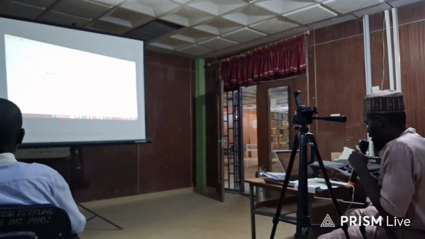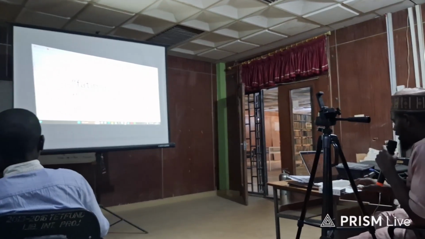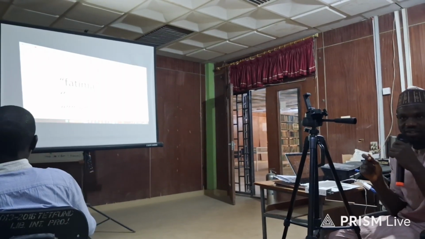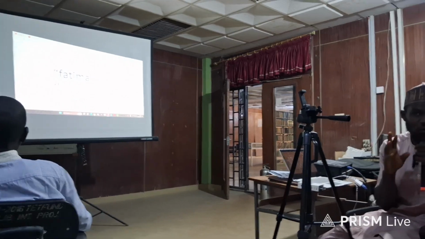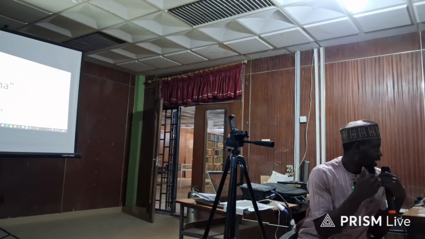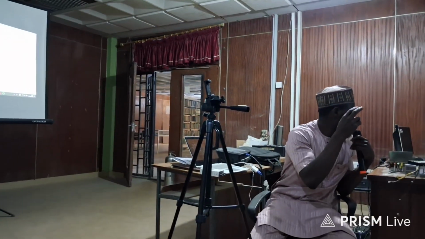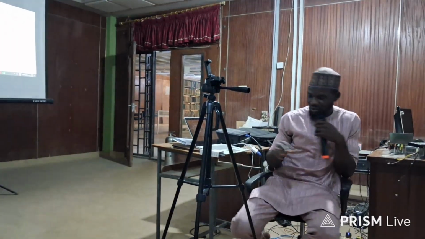Now, if I write, let's say, Fatima in this quotation, because Fatima is a string, it's letters, alphabet, so you must include a quotation. If there is no quotation, Python will say syntax error. So when you want to create an alphabet string, you must include quotation. If there is no quotation, it will say error. But if it is a number, you don't need quotation.